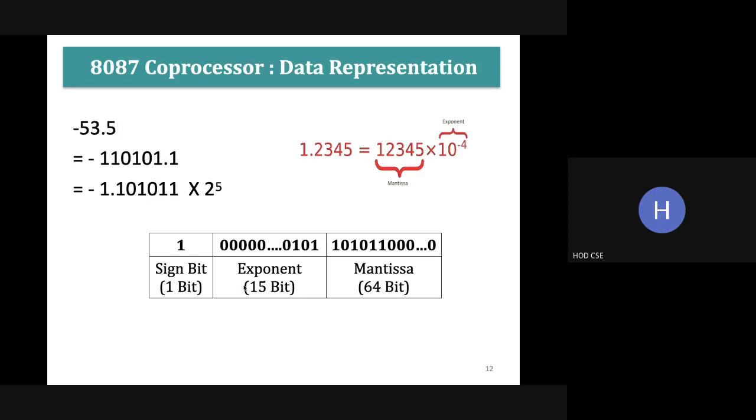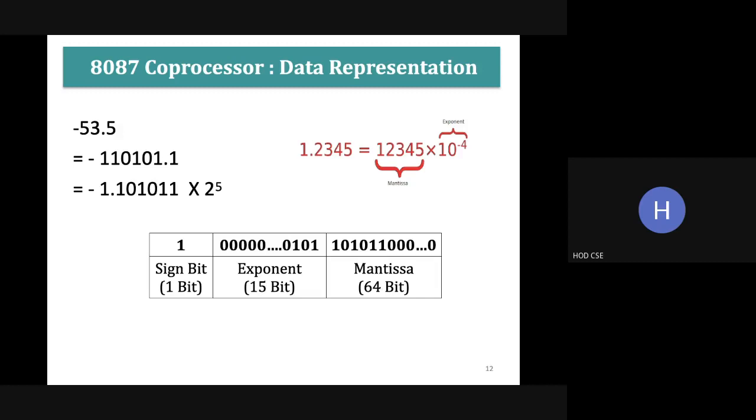So minus 53.5 is converted into binary in this format and into normalized data, because we need the exponent part. In this 16-bit exponent part, the leftmost bit represents the sign bit and the 15 bits represent the exponent part. Here the exponent is 5, 2 power 5. Why am I writing 2?